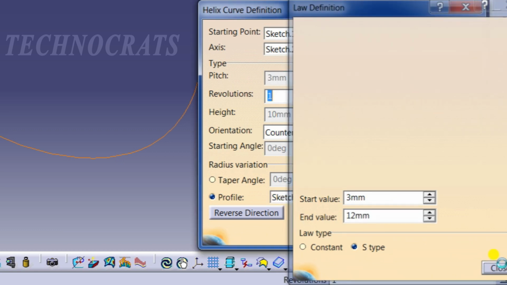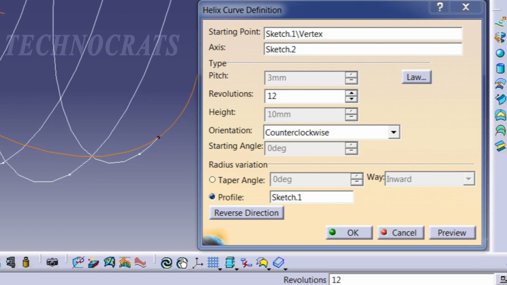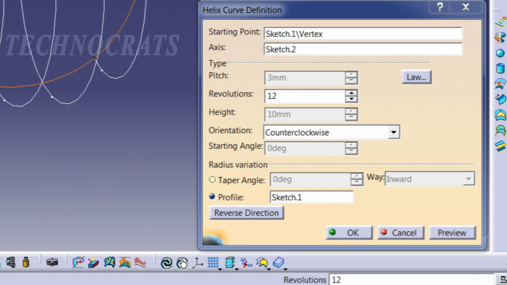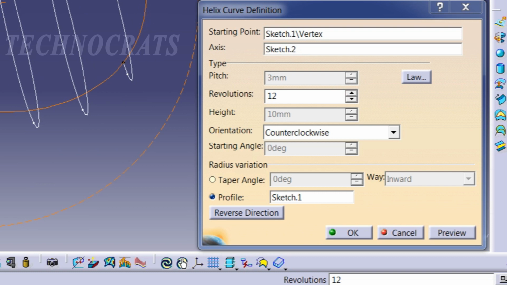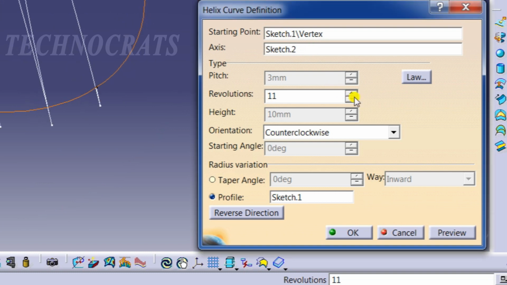Close. Okay, now increase the number of revolutions. Okay, approximately give the number of revolutions.